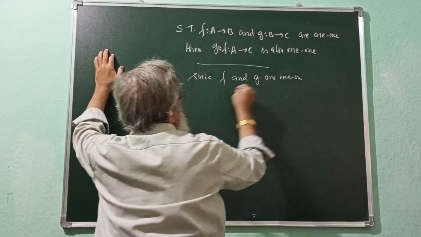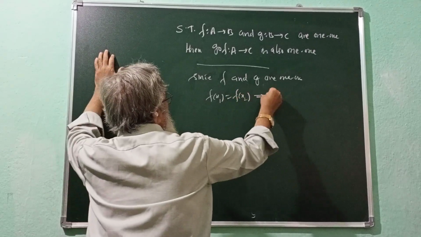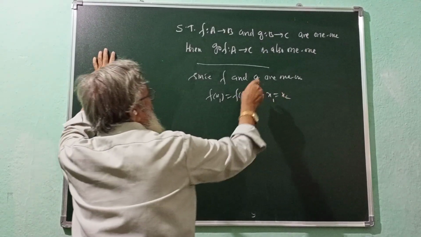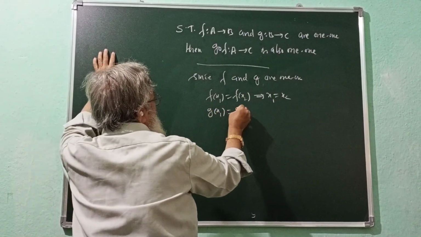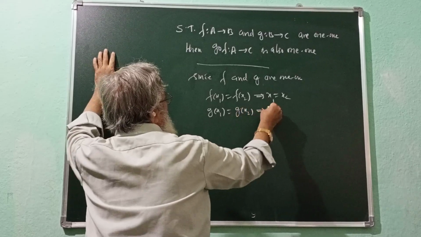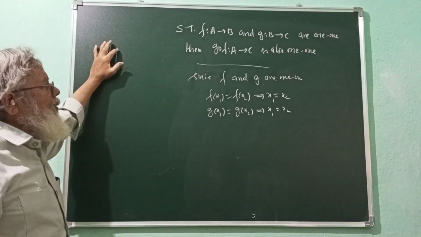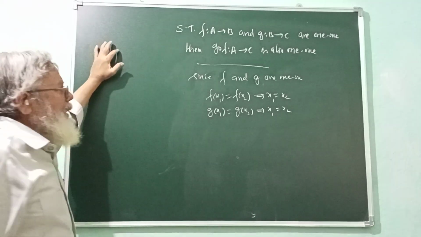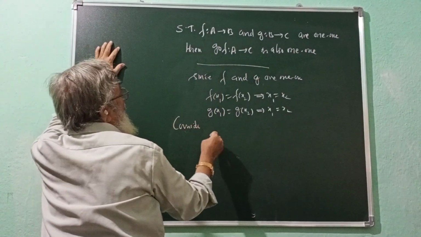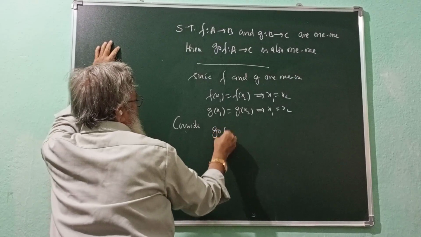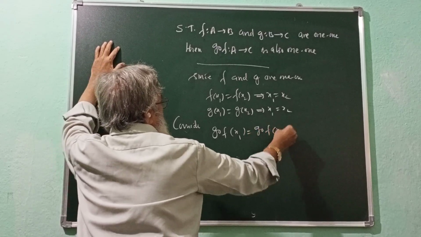they are 1-1 means what? f of x1 is equal to f of x2 implies x1 is equal to x2. If g is also 1-1 means what? g of x1 is equal to g of x2 implies x1 is equal to x2. It is given where x1, x2 belong to A and this belongs to B. Now look here, we have to consider this. Consider